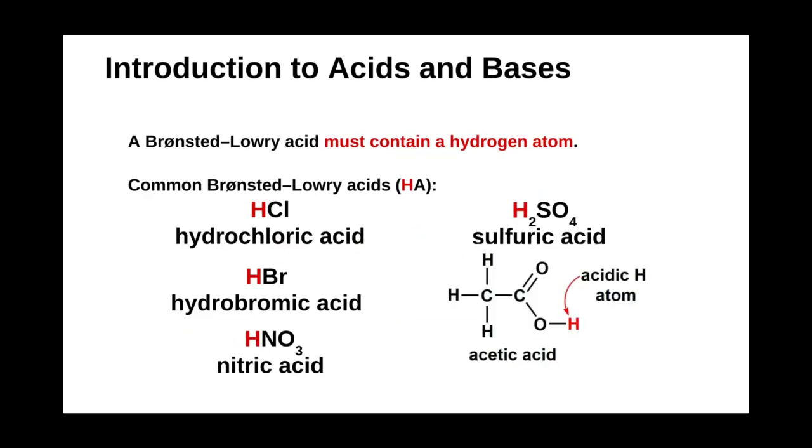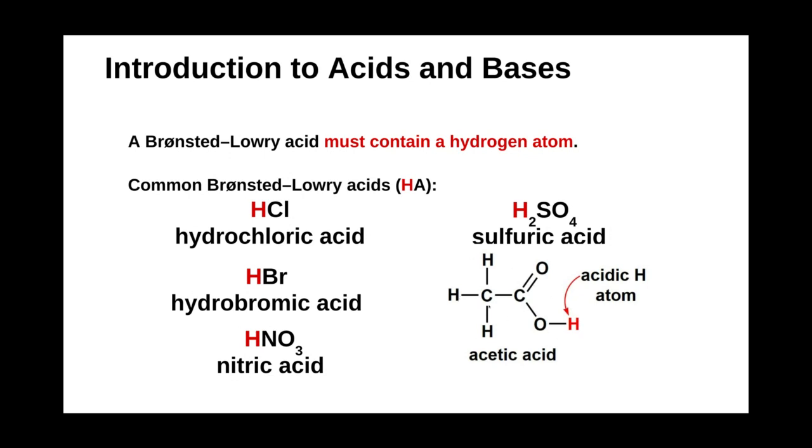But when we're thinking about what a Brønsted-Lowry acid must contain, it has to have a hydrogen ion. So we write a Brønsted-Lowry acid simply as HA, with hydrogen attached to some functional group. In this case, we have hydrochloric acid, HCl, hydrobromic acid, HBr, nitric acid, HNO3. Now, we also have sulfuric acid, H2SO4, or something you probably know, acetic acid, which is just vinegar, which is